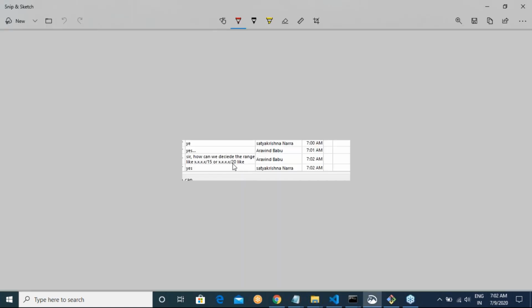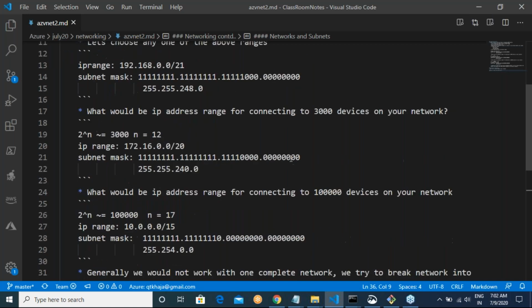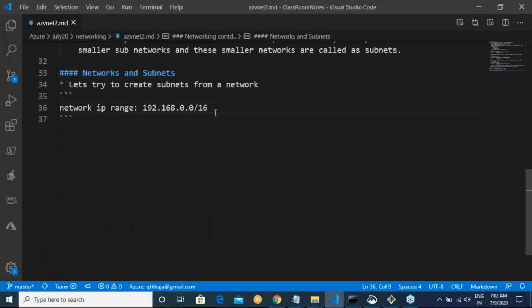And when it comes to 15 or 20 or whatever it is, the decision is based on how many devices you want to connect. Right, so this is my network range. So obviously my subnet mask over here, if you look at this IP range, is 255.255.0.0.